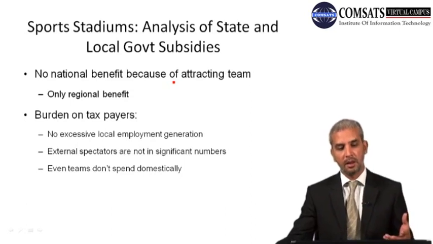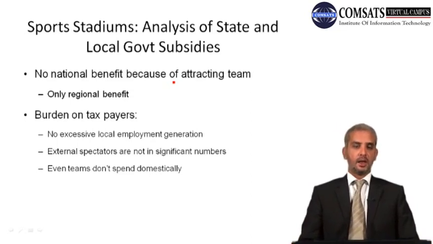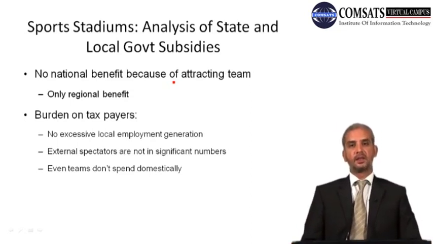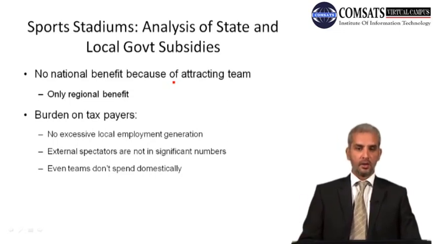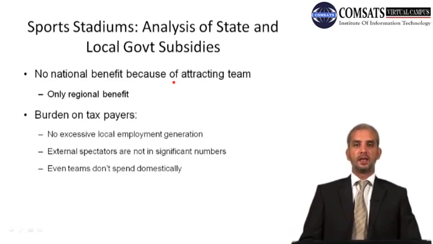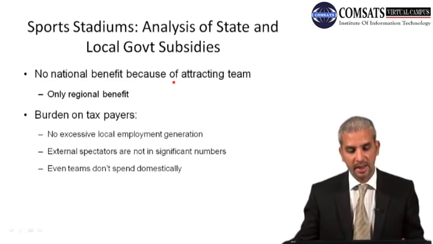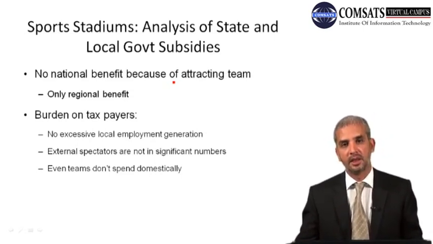So you see, in this case, why we considered the example of the sports stadium is that while enumerating costs and benefits, if there is a bias of the analyst towards taking up that activity, he would even attribute certain direct and indirect benefits which are not even present. So the analyst needs to be unbiased actually, and see the whole scenario as it is rather than as it should be. In any case, the conclusion here would be that it is actually only a burden on the taxpayers, and the only